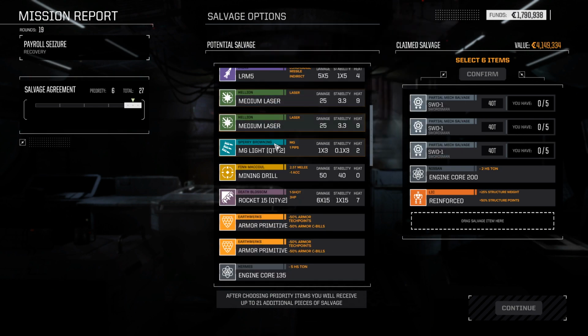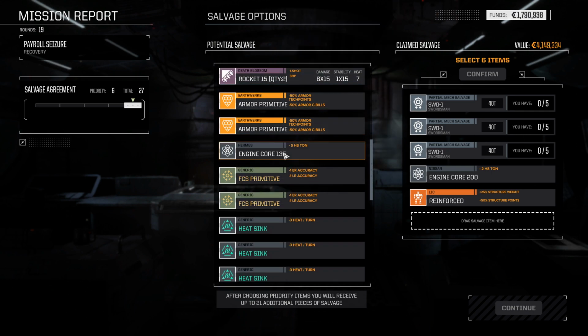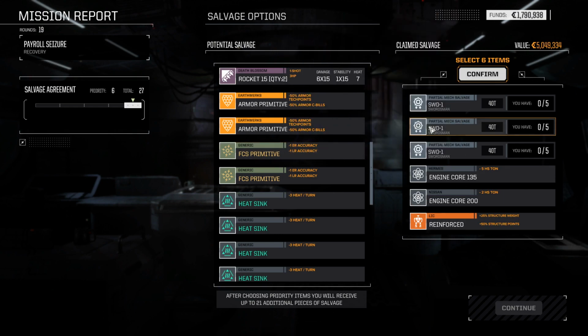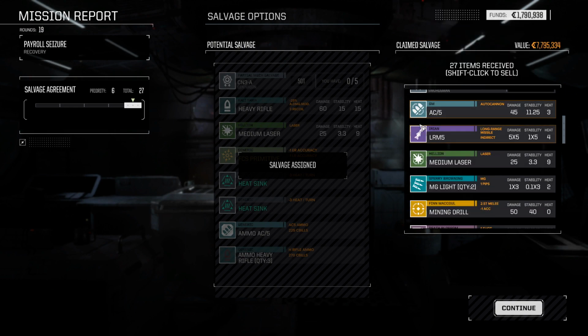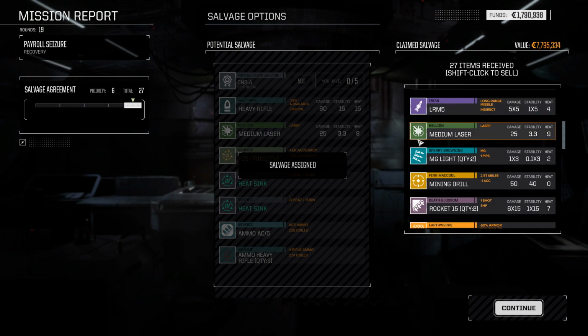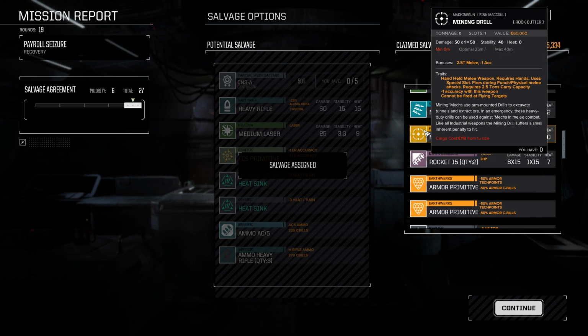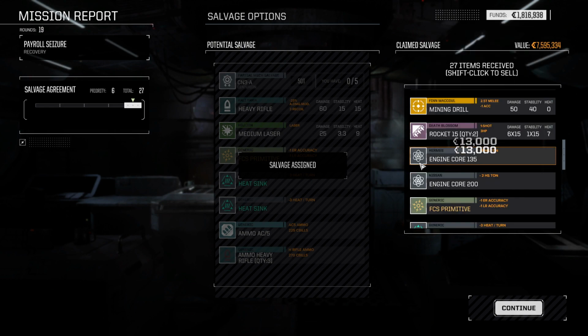Machine gun lights would be a thing, but I think we actually take the core 135 and sell it. So we get more random picks, we get most of what we had around anyway. We get 2 Centurion parts, obviously there's 3 Swordsman parts I took, an AC5, an LRM5, a medium laser, 2 machine gun lights, mining drill, which is a melee weapon, it's okay, rocket 15, 2 packs, armor, primitive can go,